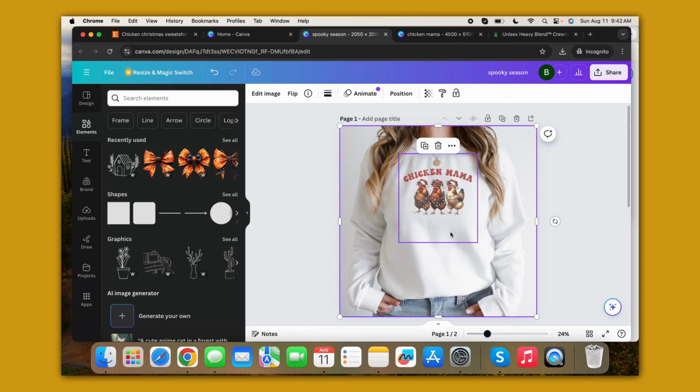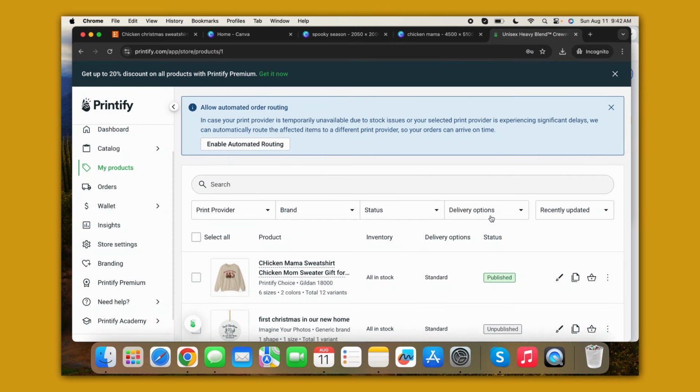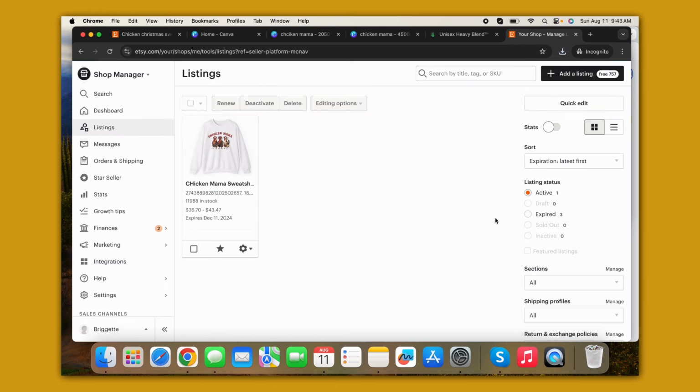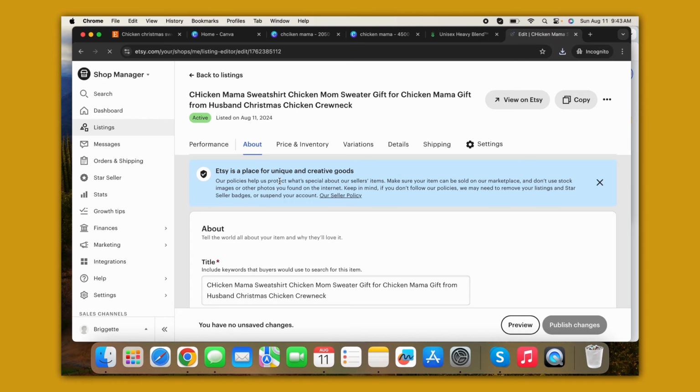So now, what I'm happy with this, I would just download this. I will come back here, see, now it's published. So now we can go into Etsy and actually add the mockups. Okay, so now that listing is here on Etsy, we're just going to click on it, and what we'll do,